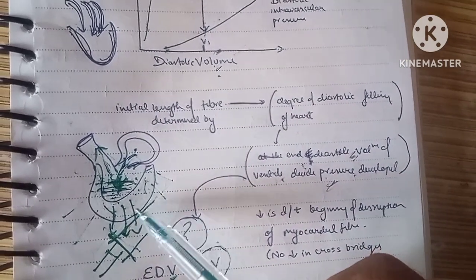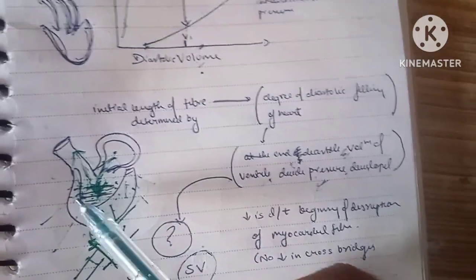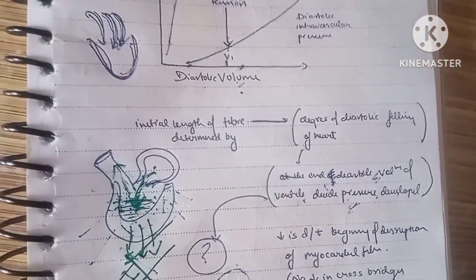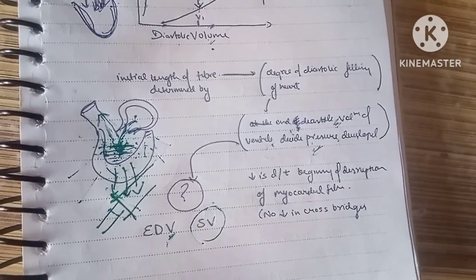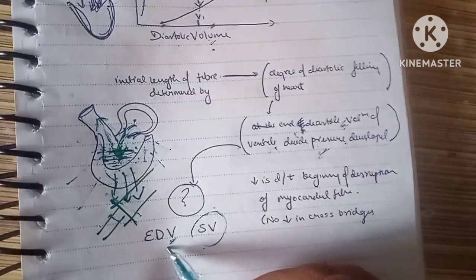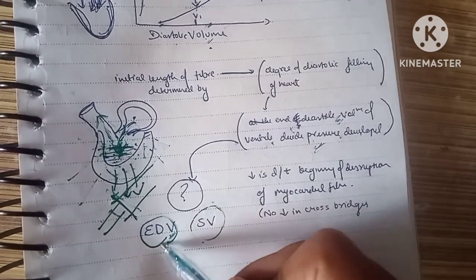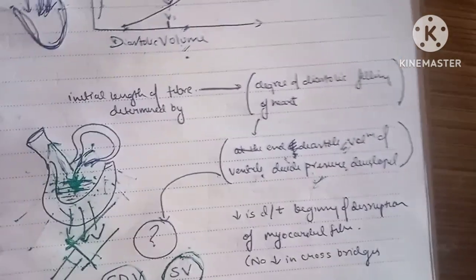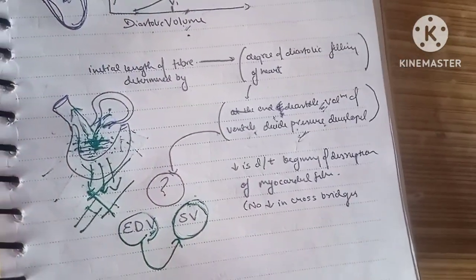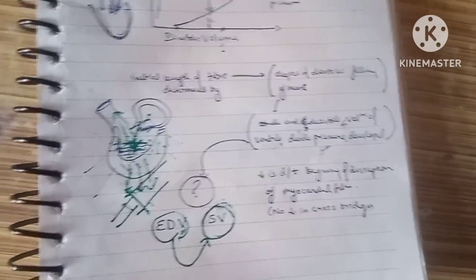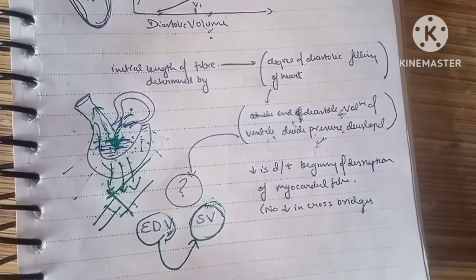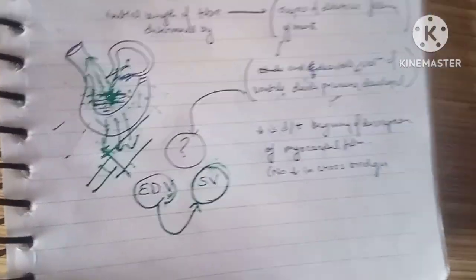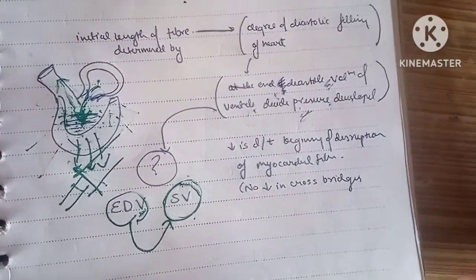Eventually, because of this increased pressure, the ventricle is going to contract and push blood forward and create an output that is stroke volume. So Frank Starling law of the heart states that the end diastolic volume of the heart is what decides the stroke volume of the heart, in case other parameters are constant. Not all, because if there are other parameters like afterload, cardiac contractility, heart rate, these factors may also decide the stroke volume, but if other factors are constant, the only parameter that decides the stroke volume is end diastolic volume.